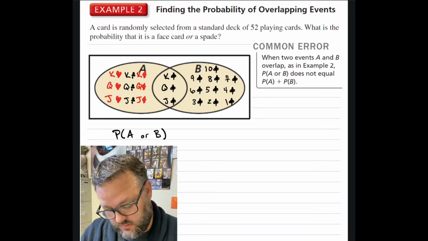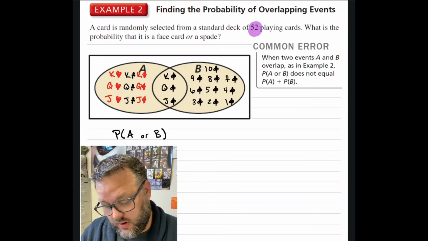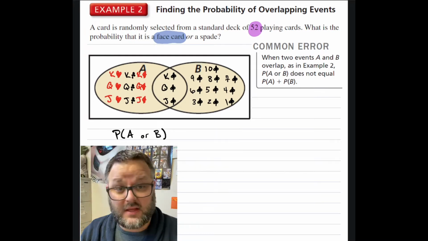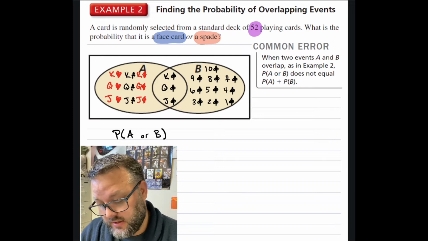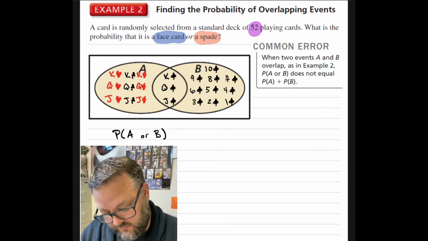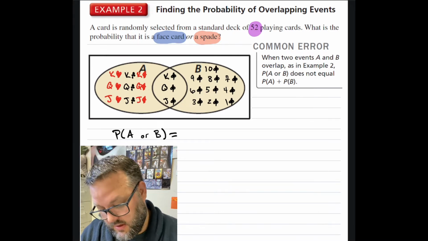So right now, we've got a full deck of 52 playing cards. And what's the probability that we're going to pull a face card? That's going to be event A. Or a spade. Now there's overlap here. If we calculate the probability of A,